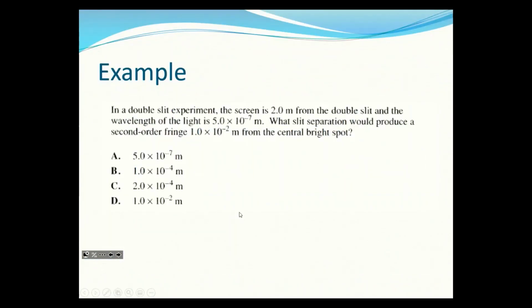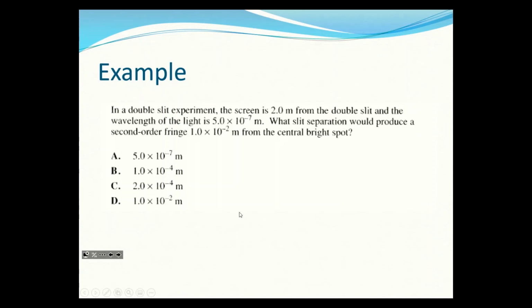Okay, in a double slit experiment, a screen is 2 meters from the double slit, and the wavelength of light is that. What slit separation would produce a second order fringe from the central bright spot? Okay, same idea. Because we were trying to find d, we can check, right? So our L equals 2 meters, and then we find the second order bright spot is 1 times 10 to the negative 2